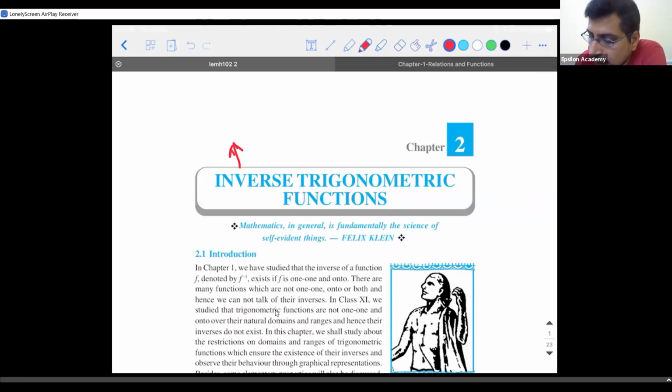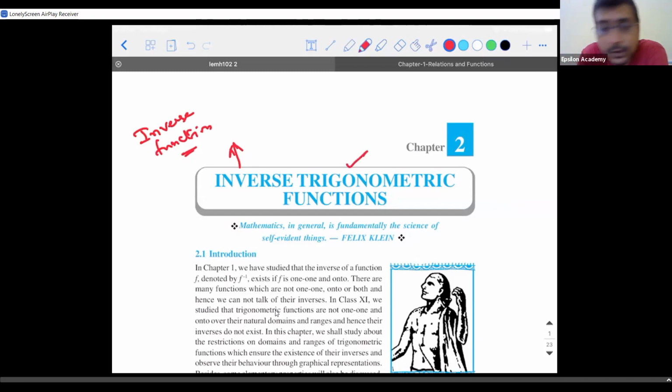First, you obviously need to know what an inverse function is. So we know what an inverse function is, right? When can we think of an inverse function to exist? When the given function is bijective in nature. So when it is one-to-one and onto, the function is invertible, then in a particular domain and range you can define its inverse. I hope that point is clear.